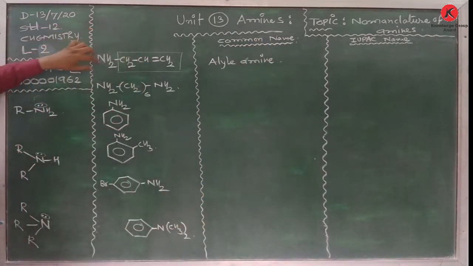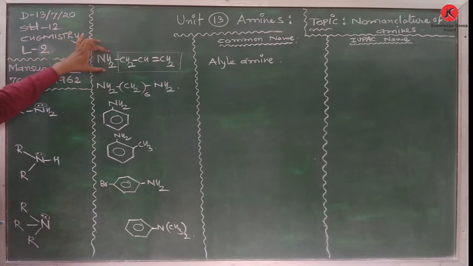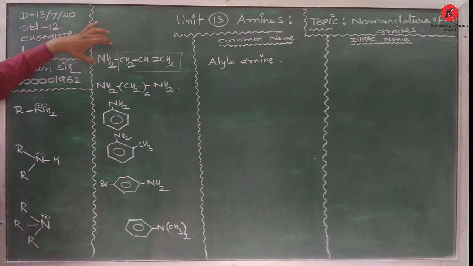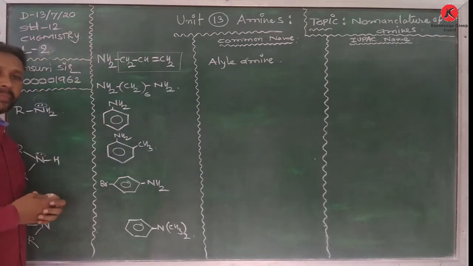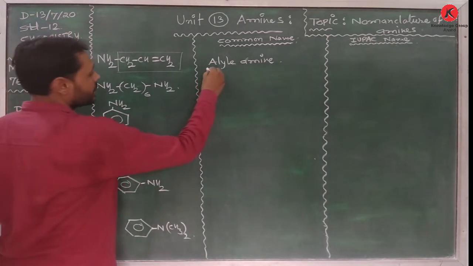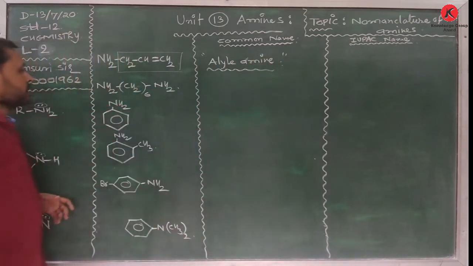If OH is here, then we will use the word allyl alcohol. If Br is here, then allyl bromide. If chloride, then allyl chloride. But here you are given amine compounds, so allyl amine, this is the common name. Okay. Thereafter,